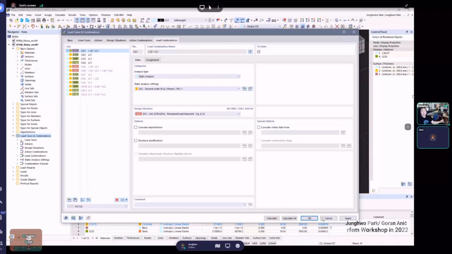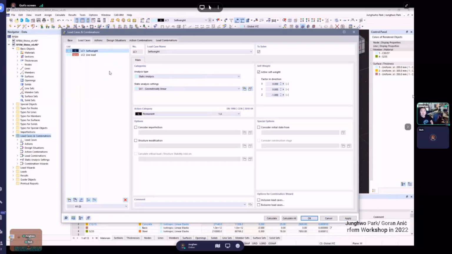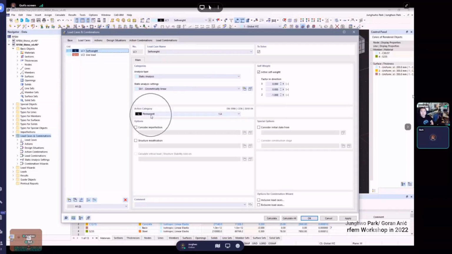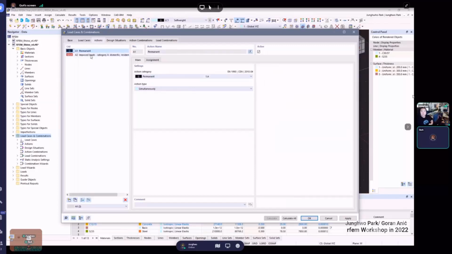Goran, one question because I'm an architect. What's the difference between action combinations and load combinations? Let's start from the beginning. We define a load case, the name, for example self-weight or live load, according to the action category. For each of those load cases, it is defined as permanent or imposed load, not permanent. And in action, here is defined the action category and